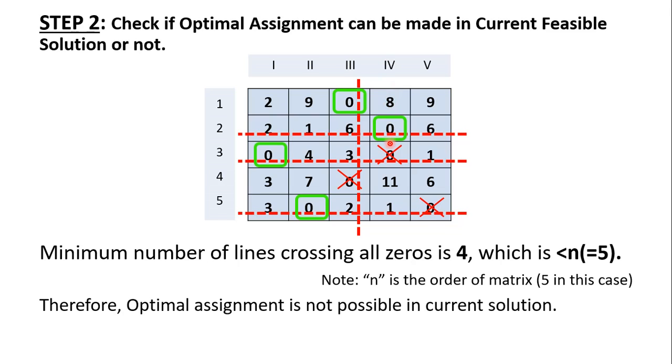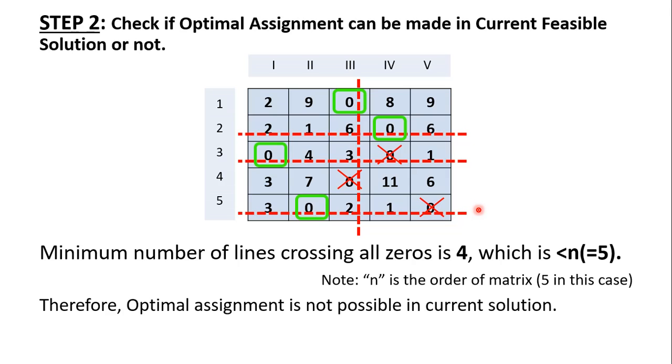Similarly with the fourth row, you mark the first zero that you encounter, and the second zero is discarded. Now in the fifth row, please notice here there is only one zero, but we have not marked it, instead we have discarded it, because in the same row a zero has already been marked. So the column 5, row 5 element which is a zero will not be marked, or it will be discarded, because a zero has already been marked in the same row.